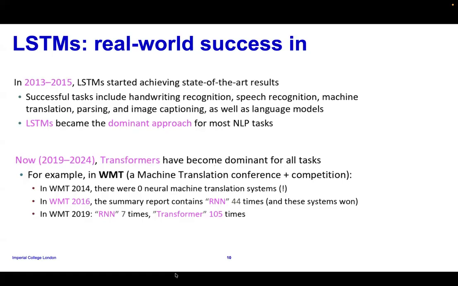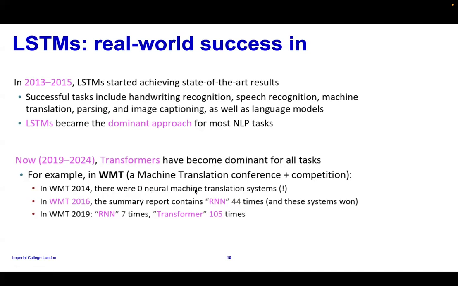It has a lot of problems. So LSTM comes to solve those problems from RNN. Yes, we have seen that. But today, LSTM has become history. For example, if you look at WMT, which is the machine translation shared task conference,